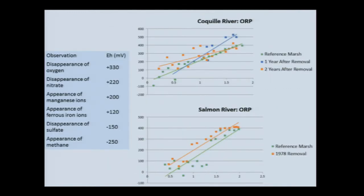And then ORP. The reason I do ORP is that there are a lot of ecosystem services associated with wetlands and salt marshes, things like nutrient cycling and carbon sequestration. But in order for those things to happen, you have to have a pretty reduced state in your soil. So ORP is a measurement of how reduced the soil is. So we measure it in